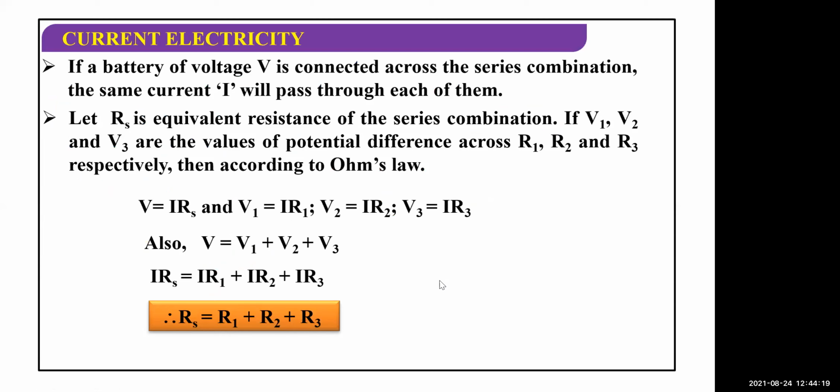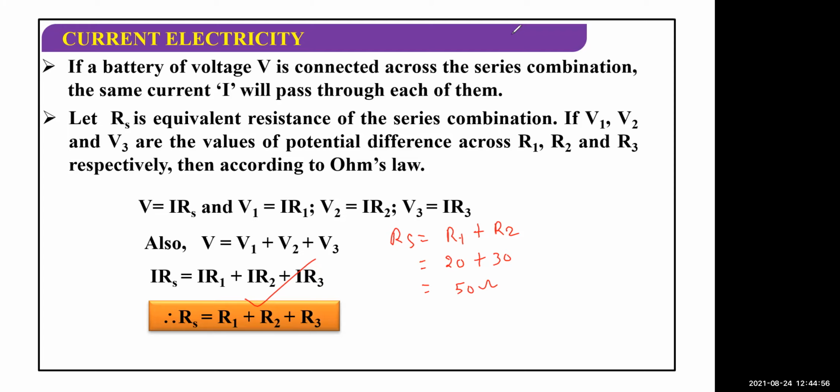I have taken two resistances, one is 20 ohm and the other one is 30. So we have the equation, children, that you have to add: Rs equal to R1 plus R2 plus R3 plus R4, depending on how many resistances there are. I have taken only two resistances, so you can write the equation Rs, the equivalent resistance, equal to R1 plus R2. Whatever the value of R1 and R2, you just add them. 20 plus 30 is equal to 50 ohm. That is one kind of question, children, from this topic of series and parallel combination.